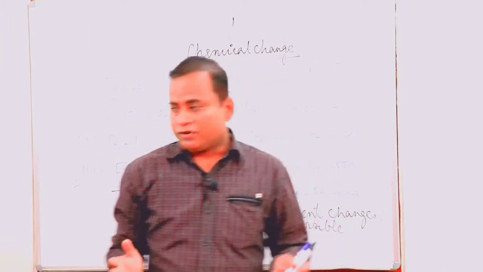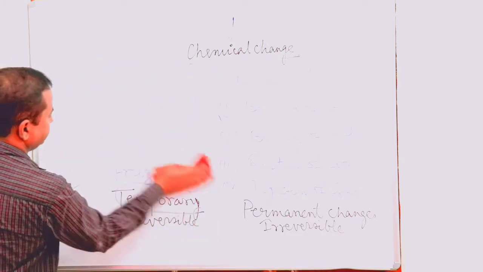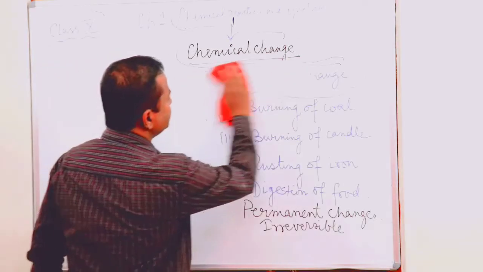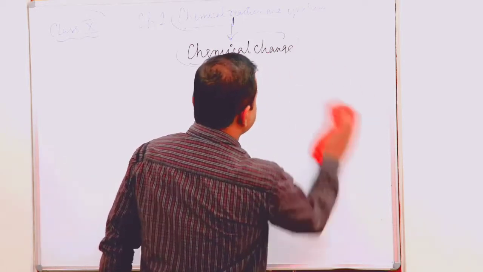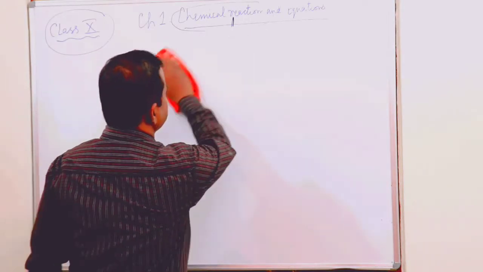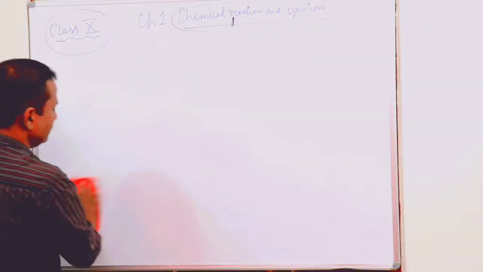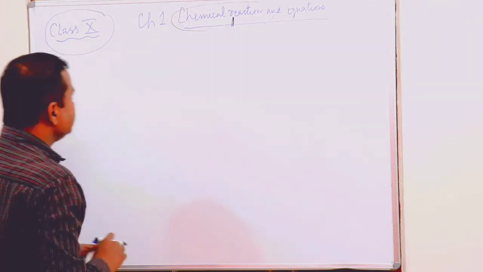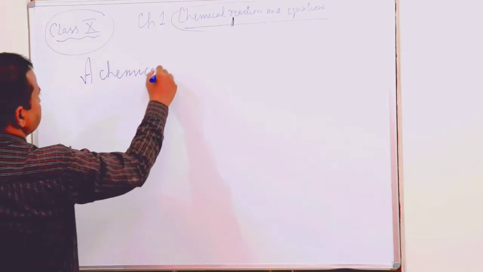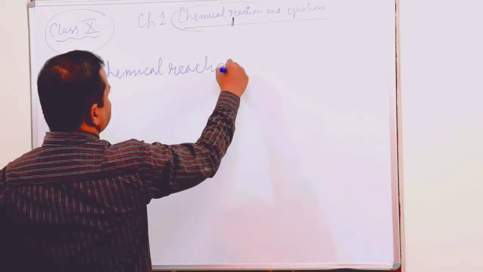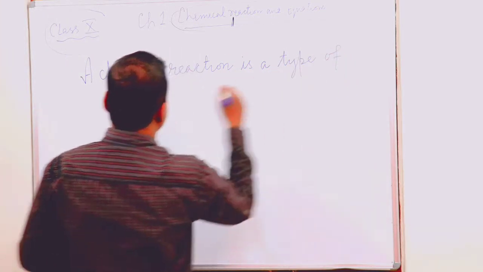So now it's time to define a chemical reaction. So what is a chemical reaction? Now students, whenever you sit for studying, you must sit taking a notebook and a pen with yourself so that you can learn and keep on writing for future revision. See how to define chemical reaction. A chemical reaction is a type of chemical change